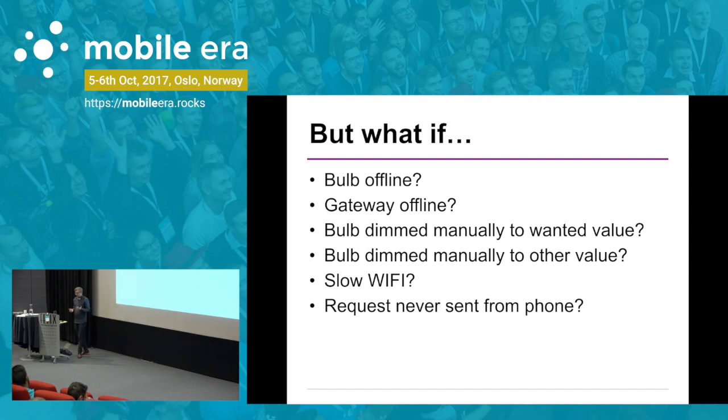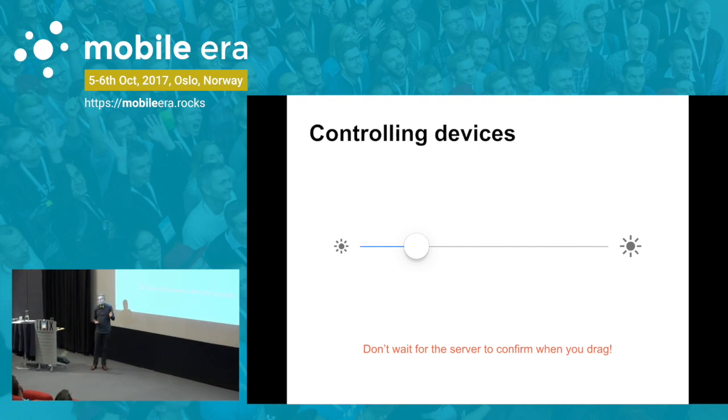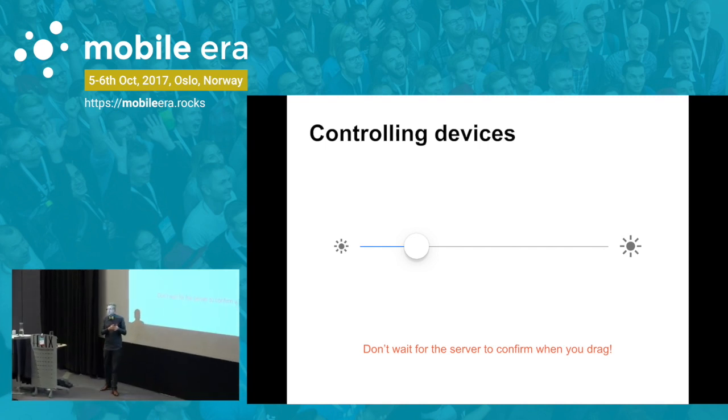And what if there's really slow Wi-Fi? What if I say that it should be 70 and then it takes so long that it never happens? How long should the UI stay updated? How long should the slider, if we drag it to 70, immediately update? And we're just standing in the app and it never happens. We have to have a system for actually just taking it back and saying this didn't work.